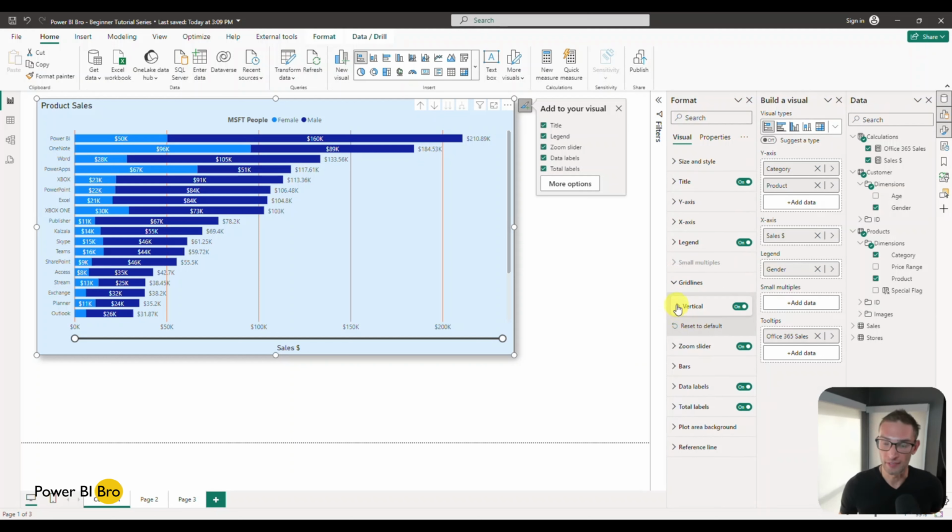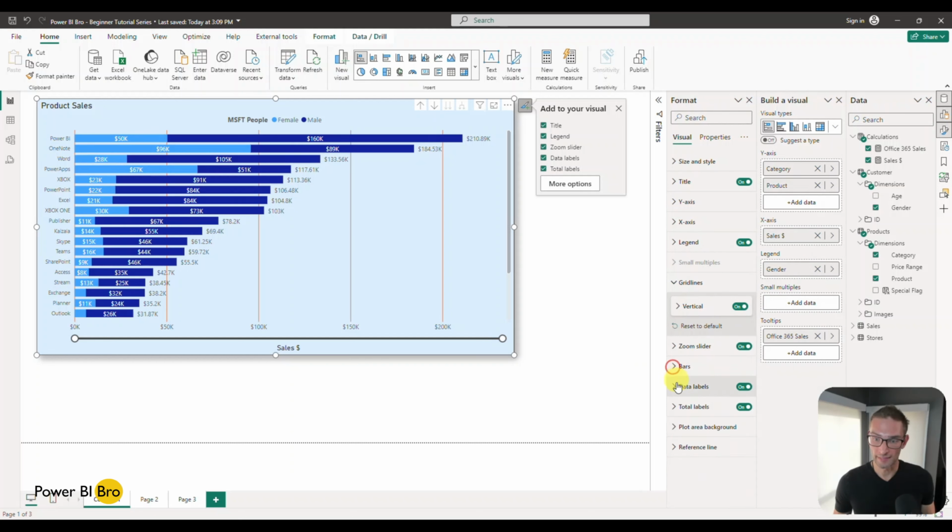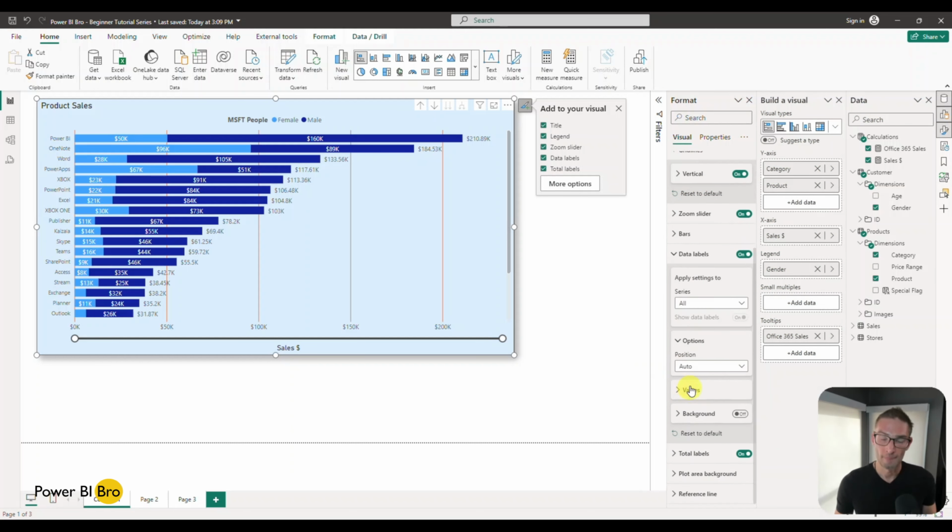We'll save that for another video. But if you keep going, you'll see bars. You can change the color straight up, and data labels. What's neat about data labels is you can choose the detail of what to use with them. This is a newer release, but with data labels and a couple of other things, you'll see